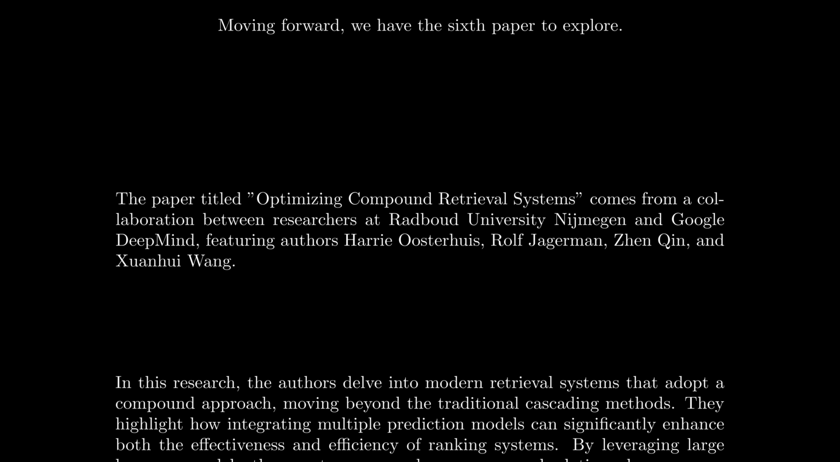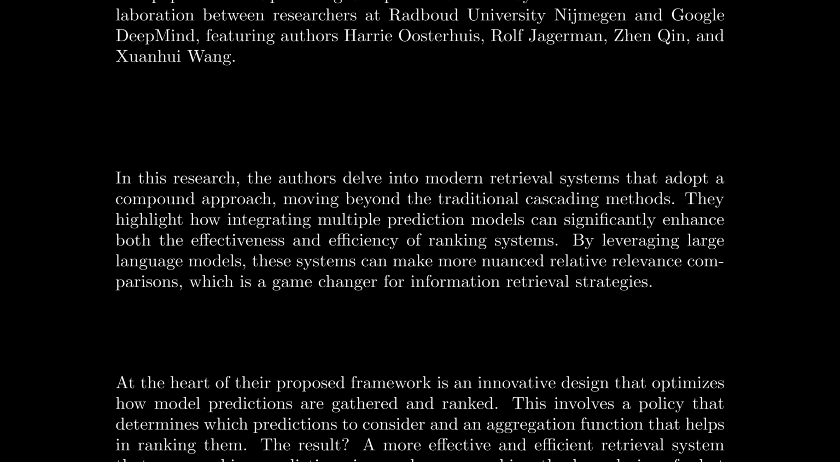The paper titled Optimizing Compound Retrieval Systems comes from a collaboration between researchers at Radboud University Nijmegen and Google DeepMind, featuring authors Harrie Oosterhuis, Rolf Jagerman, Zhen Qin, and Xuanhui Wang. In this research, the authors delve into modern retrieval systems that adopt a compound approach, moving beyond the traditional cascading methods. They highlight how integrating multiple prediction models can significantly enhance both the effectiveness and efficiency of ranking systems. By leveraging large language models, these systems can make more nuanced relative relevance comparisons, which is a game changer for